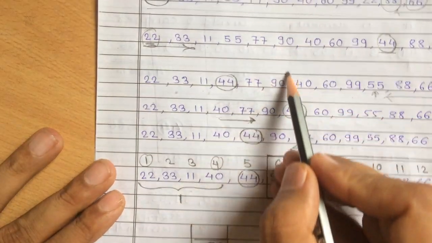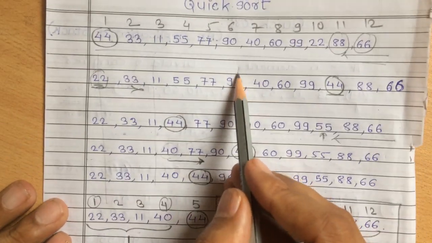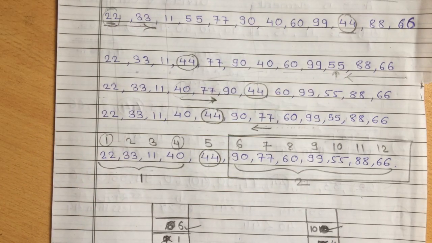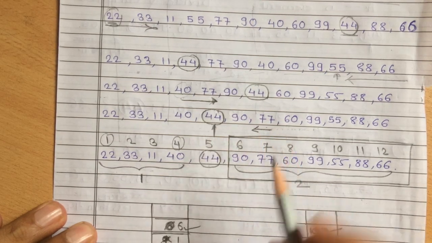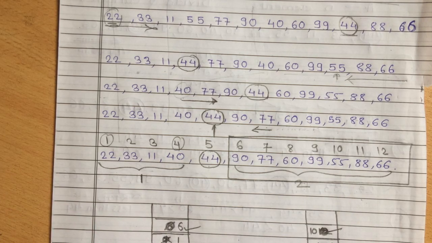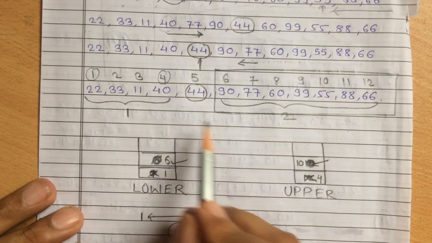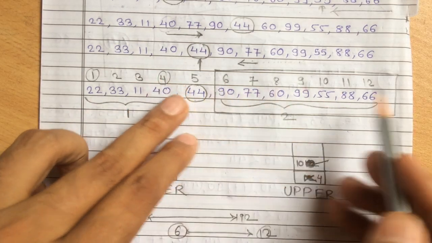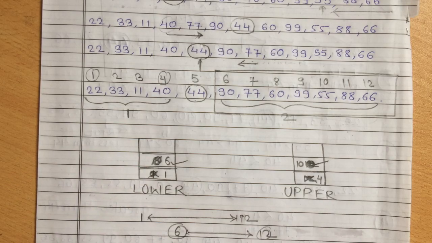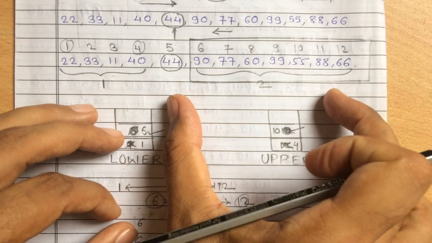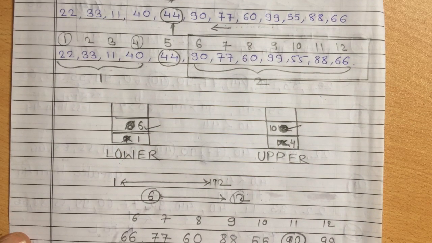So we have applied the reduction steps. After application of the reduction step, we get the final position of one of the elements. After getting the final position of one element, we get the two sublists. And again we have to push the boundary values of these two sublists onto the stack. So here we have pushed 1 and 4, then we have pushed 6 and 12. After that we have to pop the values. So we have popped 6 and 12, that is this sublist.